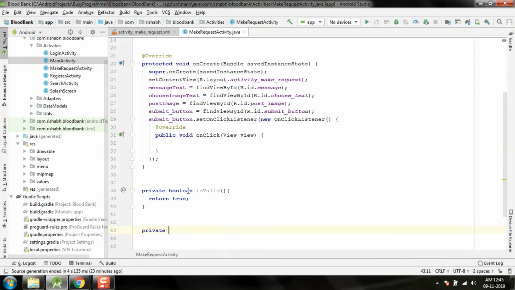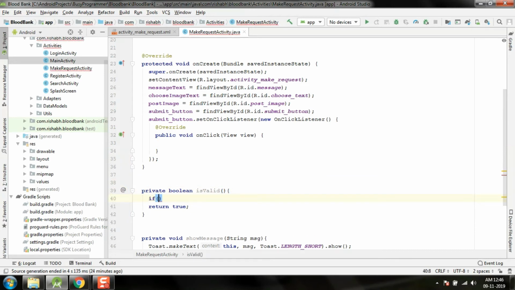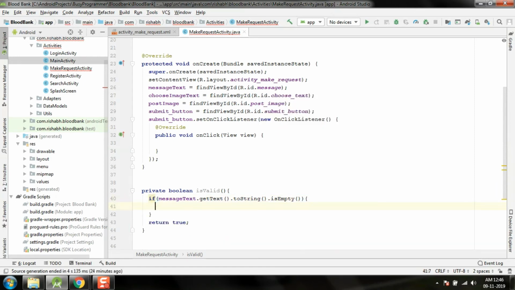Then we will have something to show some message. We will simply use a toast to display a message. And then what we need to check is if there's an image, there's a message or not. That's the only thing I guess we want to check at this point. So I'm going to check if message text dot get text dot toString is empty. If it is empty, I want to return false,